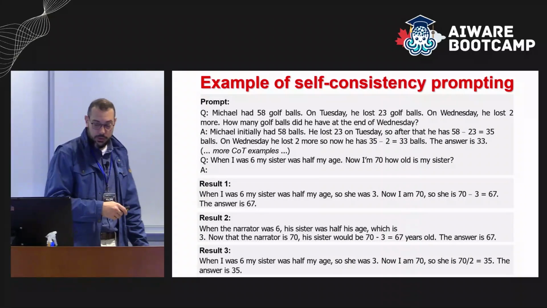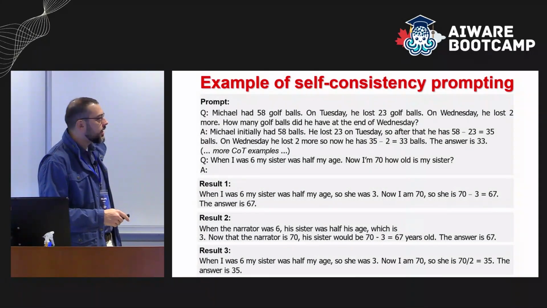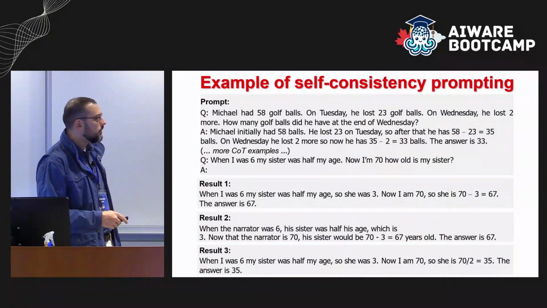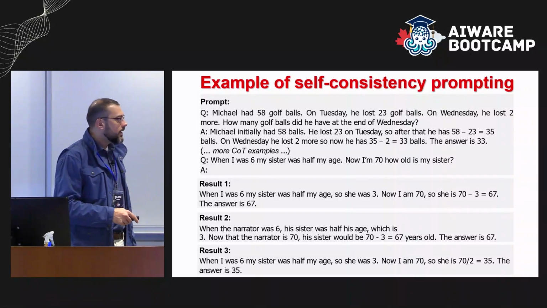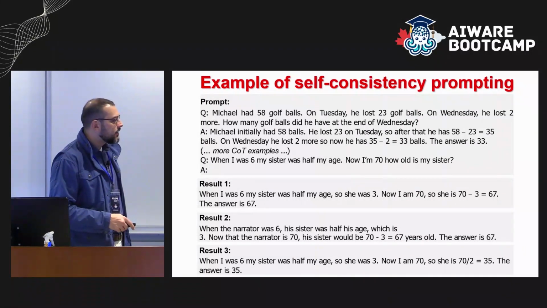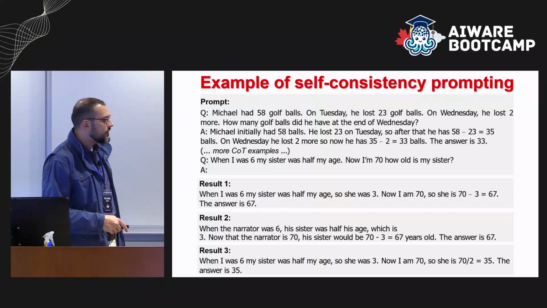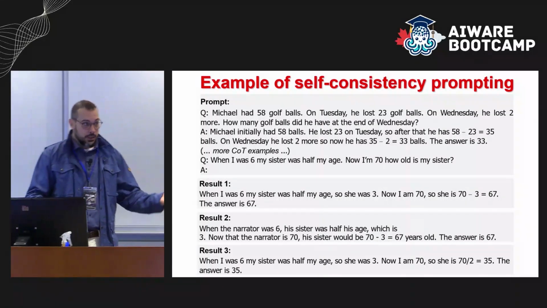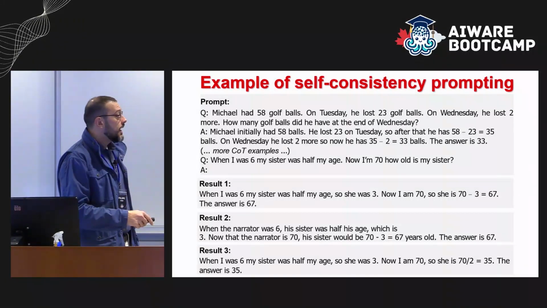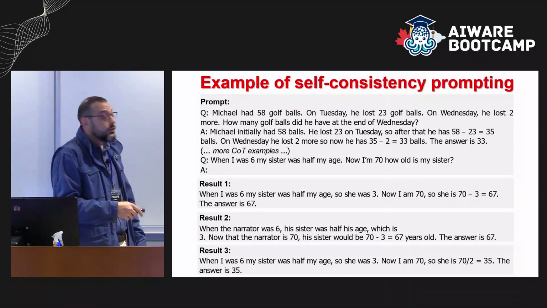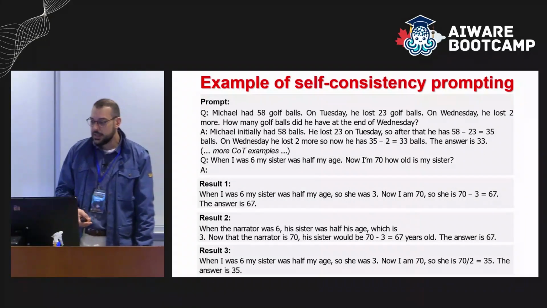So here's an example. Here is just chain of thought examples, okay? Pretty much as we saw before. And I have a question. When I was 6, my sister was half my age. Now I'm 70, how old is my sister, okay? And now you have multiple results, all right? You have this result that arrives at 67, this one 67, this one arrives at 35. So what you do at the end, you get all these answers, process them, of course. You're gonna parse and etc. And then you're gonna say, okay, if you use majority vote, for example, you'll get 67 as my final